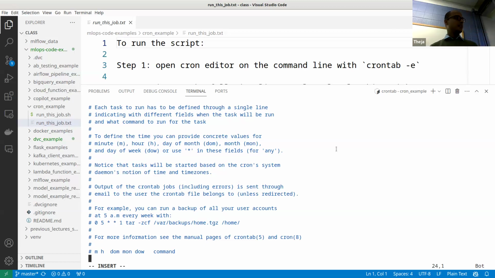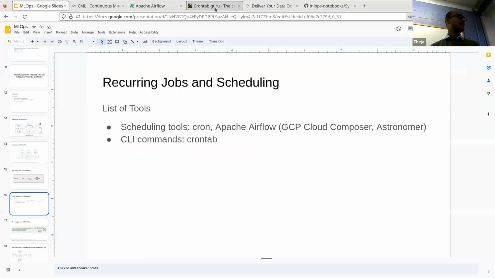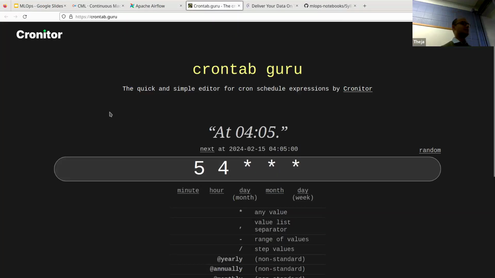So it says here, month, hour, DOM means day of the month. Actually, there is a helper website. I mean, there are many helper websites like this. So crontab.guru tells you what expression you want to have when you want to run this, right?